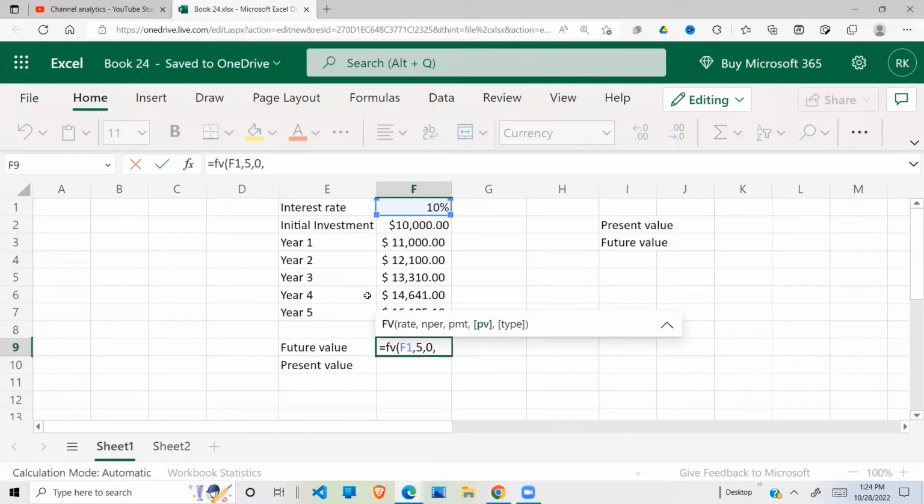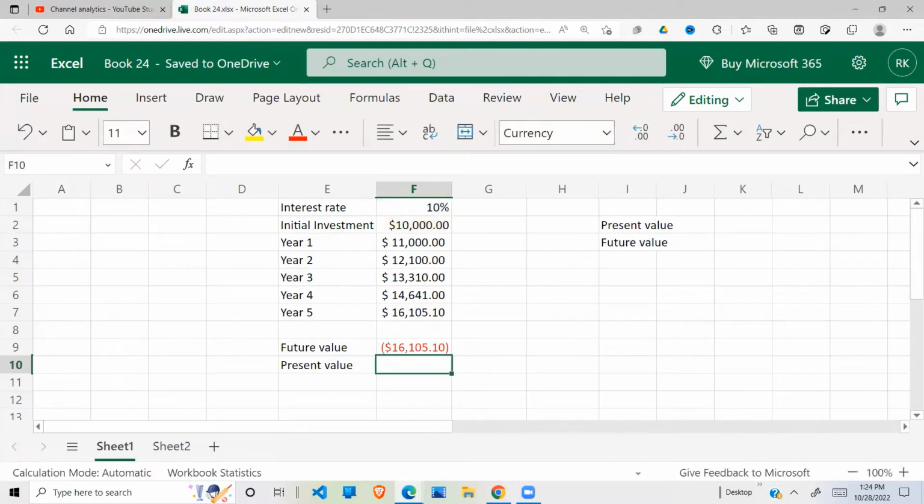The next argument is what is the present value of this investment. My present value is $10,000. Pick that. The other argument is optional. This is about whether the investment is done at the start of the year or at the end of the year. By default, I think it takes end of the year. So I'll leave that optional, close my brackets, press enter, and you'll see I get negative